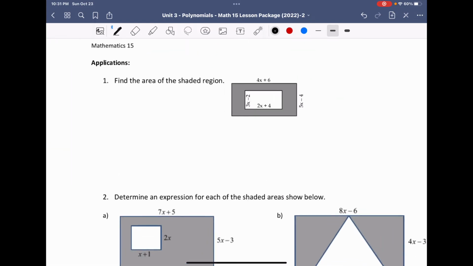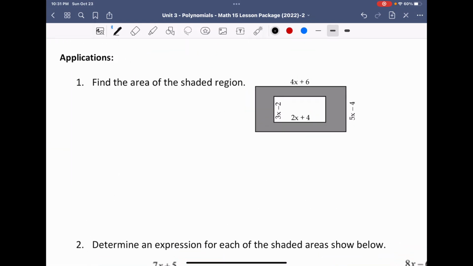So let's go into specific applications. These are going to involve binomial times binomial, and maybe a binomial times binomial, subtract another binomial times binomial. Well, in the first example here, they say find the area of the shaded region. So they give us dimensions of length and width for both the inside and the outside, and then we want